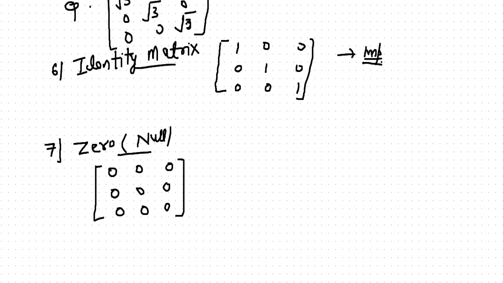With this, we have completed the types of matrices. After this, we have to look at the equality of matrices, the conditions for saying that two matrices are equal or not. What are the operations that can be performed on matrices, like addition of matrices. We can also perform multiplication of a matrix by a scalar, matrix multiplication, differences, and properties of matrices. For addition, what are the properties? For subtraction, what are the properties? These are the topics that we have to cover in the subsequent lecture.